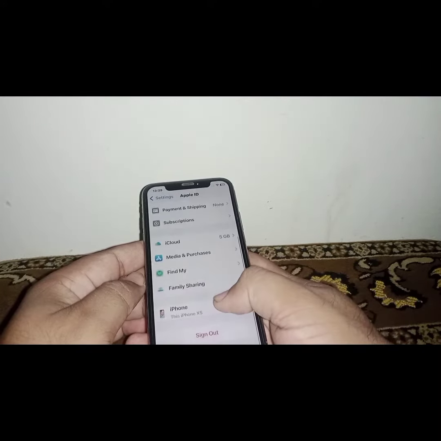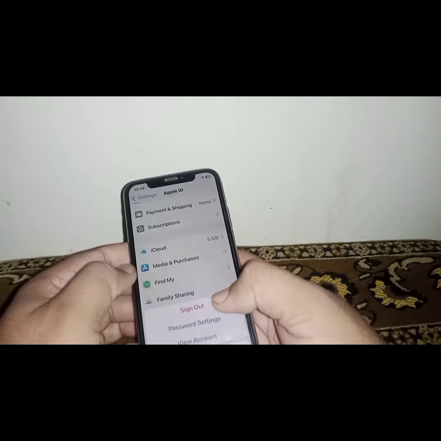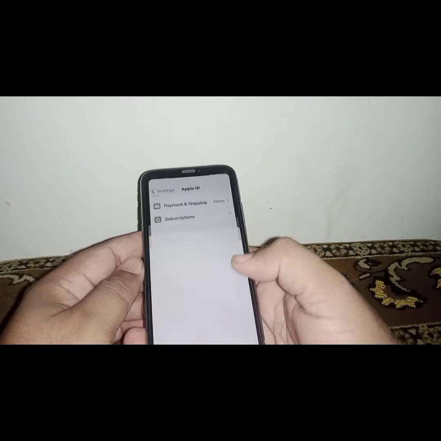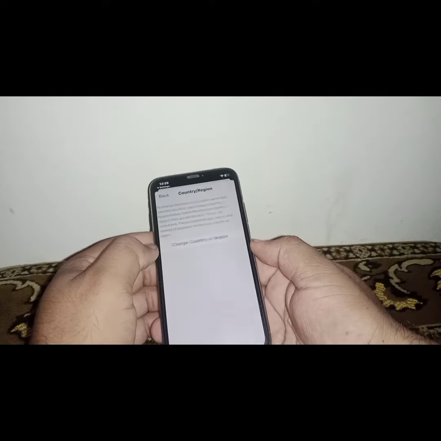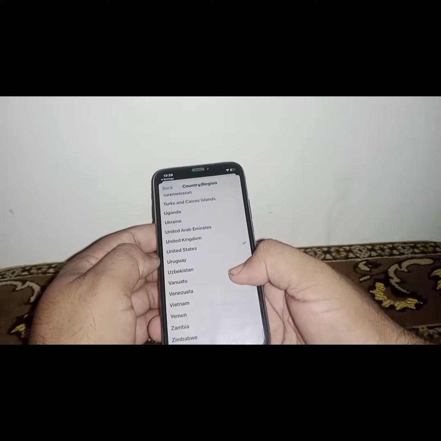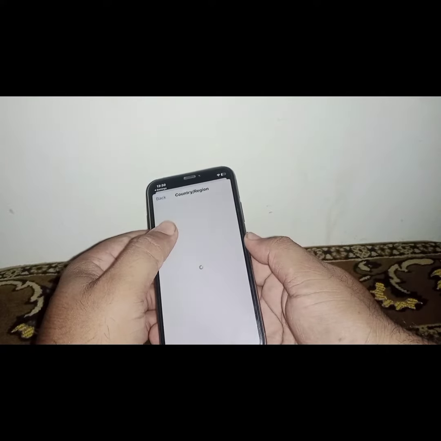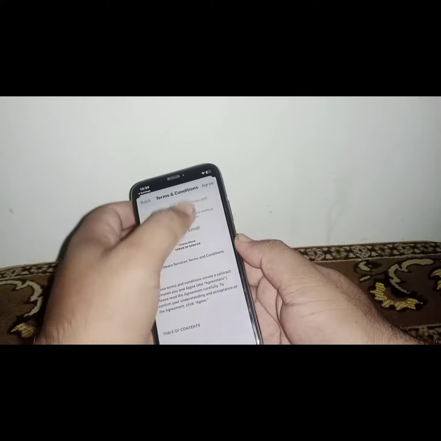Open your settings and click on Media and Purchases and click on View Account, and click on Country or Region and click on Change Country or Region. From here what you need to do is select USA or United Kingdom, and after that click on this and read the terms and conditions carefully, then click on Agree,